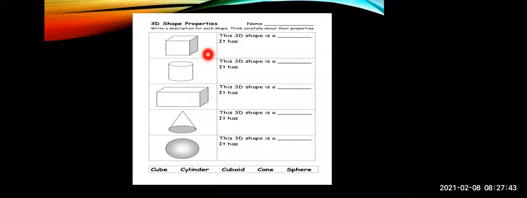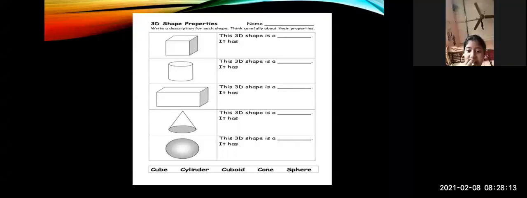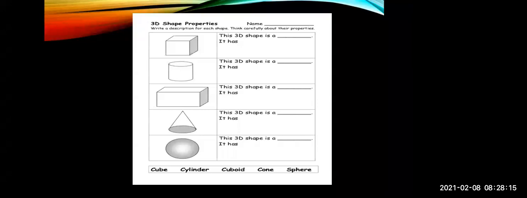Now tell me the first shape. I am only going to ask you the shapes. Now the first one is what? Which shape is it? Square. 3D shape. I'm asking the 3D shape, no? So in 3D, yes, it's a cube. Very good. And the second one, which shape? Cylinder. Yes, cylinder. So the second 3D shape is a cylinder.